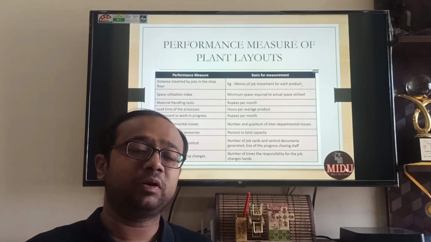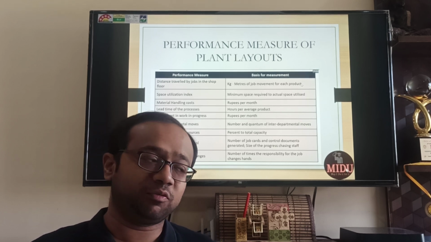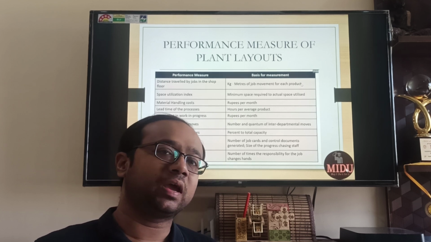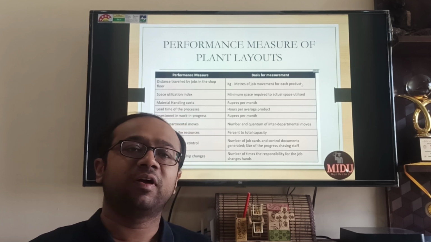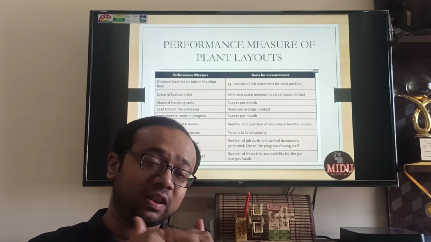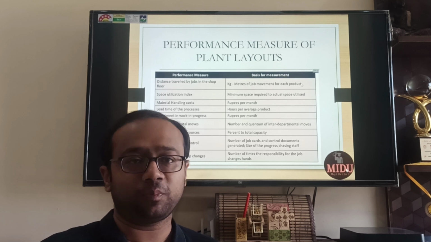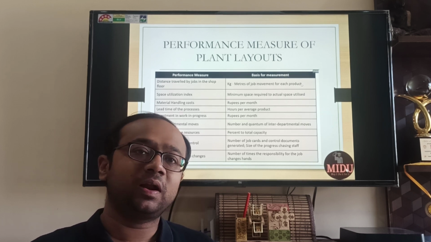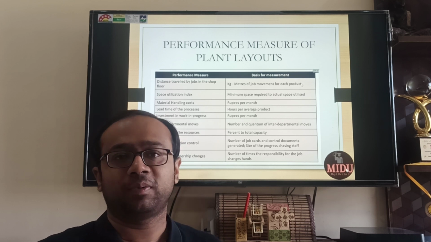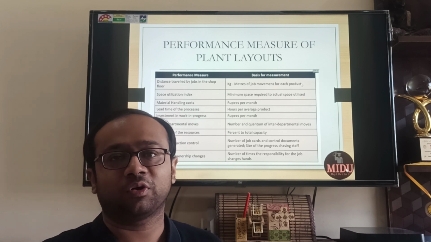The fewer the people involved, the fewer the chances that there will be a defect. Because see, a simple example: if 4 people are involved in cooking an item, the chances of error are high. If one person is cooking, chances are that it will be perfect, because there is a level of continuity in the mind and ownership also, right? If 4 people are involved, everyone will say I did my task perfectly, he screwed up, right? Very common human philosophy.